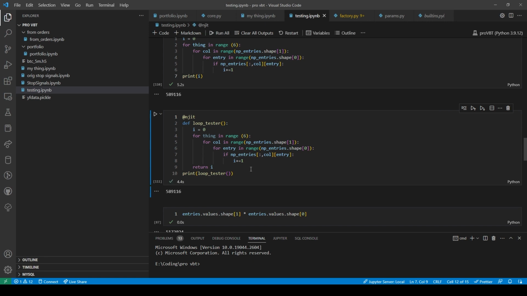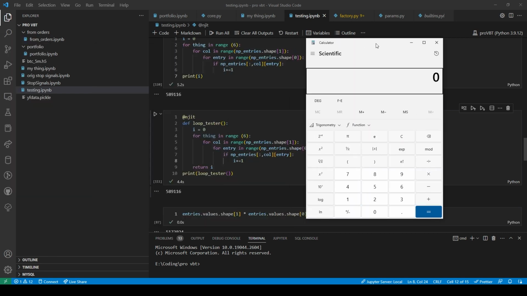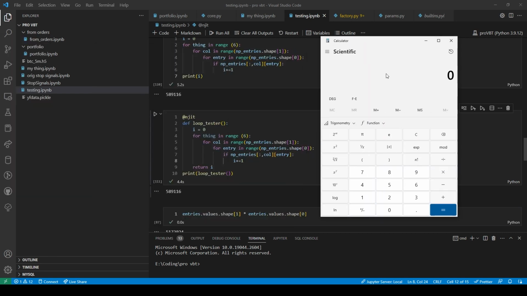Still shaved a second off. But how big of a difference is that still, though? So we do 5.2 minus 4.4 divided by 5.2. That's a 15% difference.